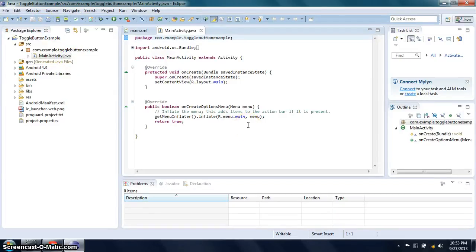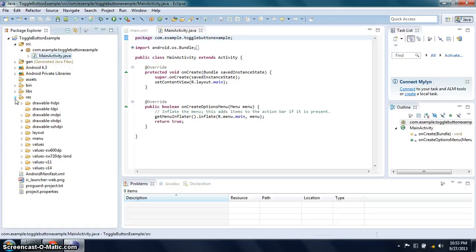Now the next thing to do is to add resources. Use the package explorer in Eclipse to navigate to res, then values, then strings.